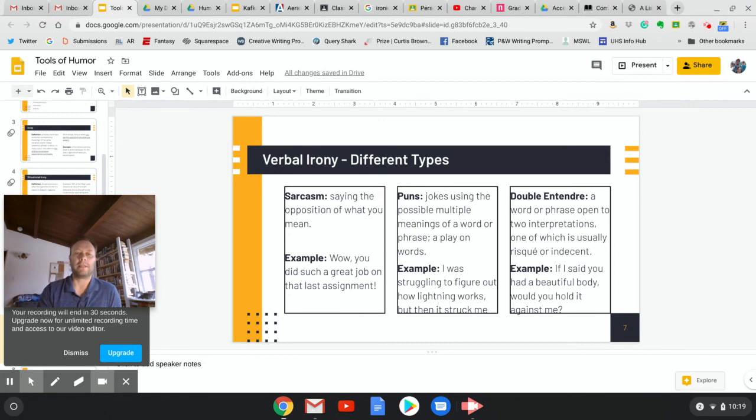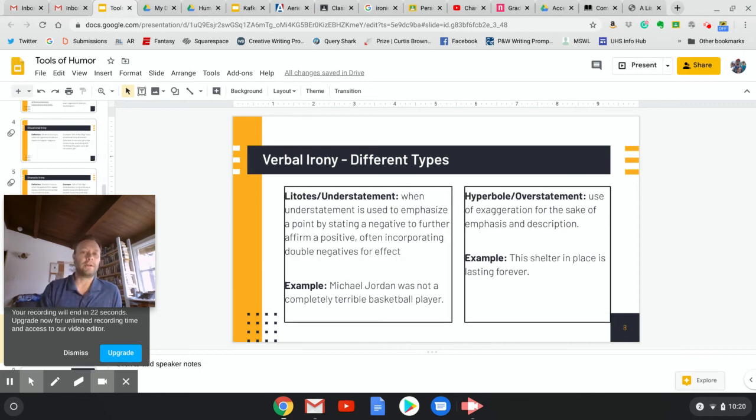So that phrase, if you hold it against me, has two meanings, and one of them is not necessarily appropriate. Okay, and then the final two things are understatement and overstatement. We have fancy versions of those. The fancy version of the word understatement is litotes, and the fancy word for overstatement is hyperbole. Okay,